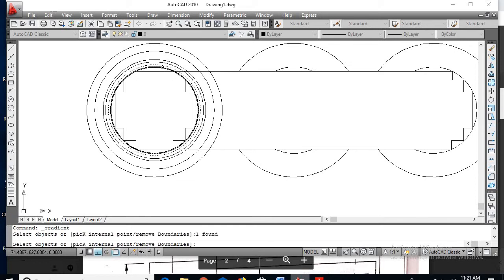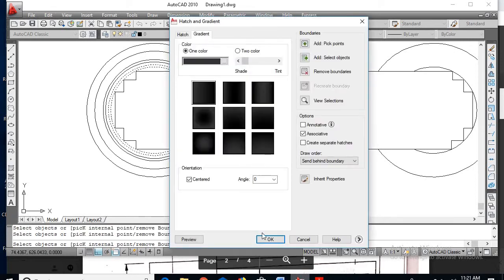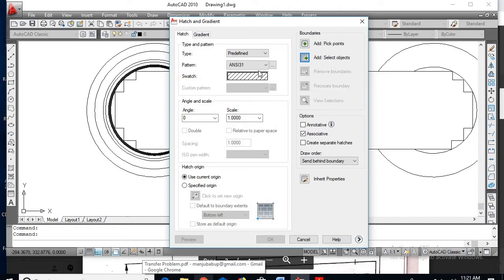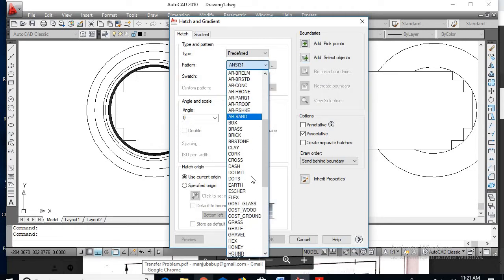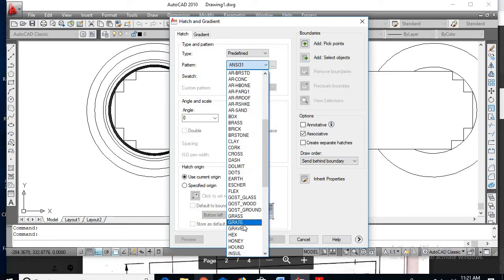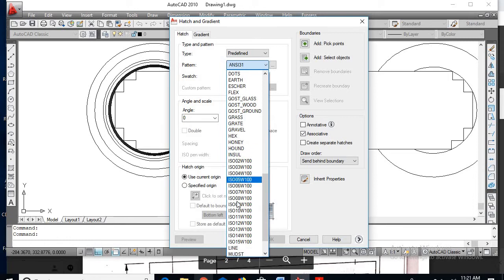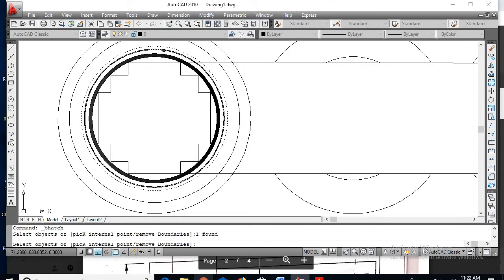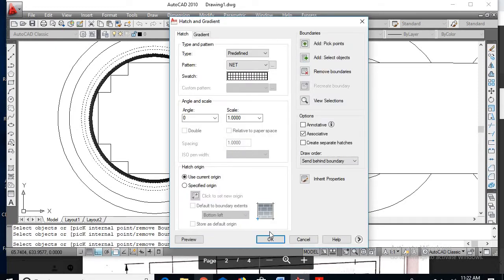So here is the insulation part. So okay, and next there is a winding part. Go for hatch command, go for net, go for add select object. So select these two circles here also, enter.